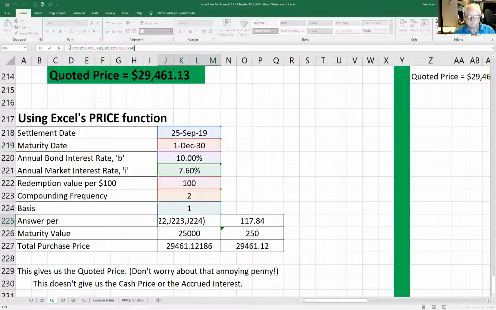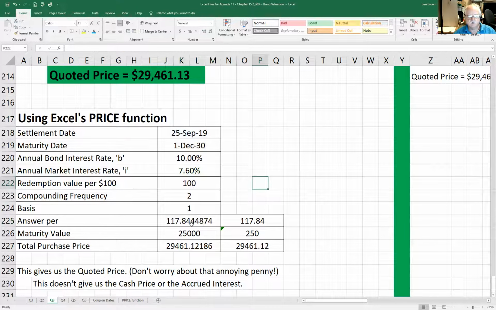The function we're using here is called price, and it has all of these arguments that we're looking at: the settlement date, the maturity date, the bond rate, the market rate. Again, we're going to use a redemption value per 100. The compounding frequency is 1, and the basis is 1. All of these arguments, and we come up with this same number,